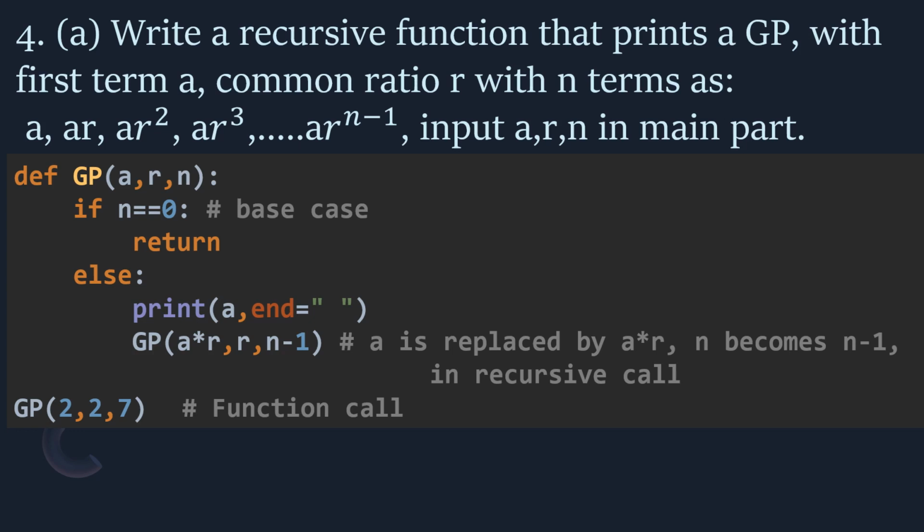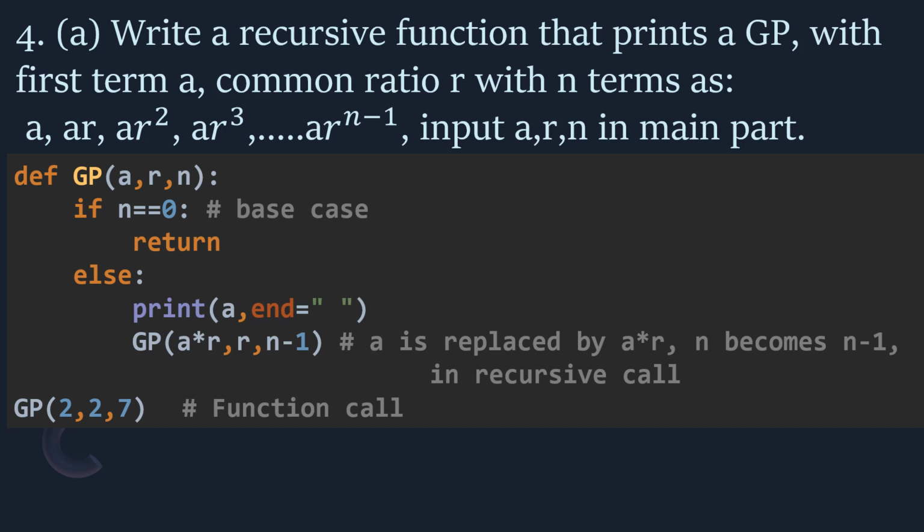So how will it be? The first number in the series is a. The next term is a into r. So your a into r becomes a. Okay, so it will print the next value as a, which is nothing but a into r. And the next value becomes a into r, like this. Your previous a value was a into r, and in the next call it will print a into r into r. So like that it will print ar square. Like this it will go on printing until your n becomes 0.